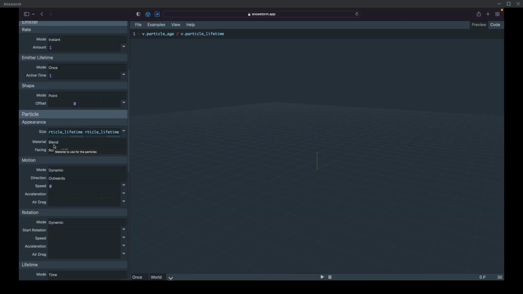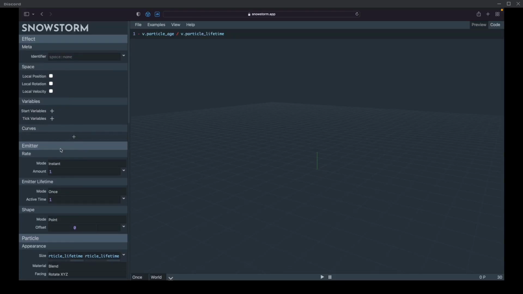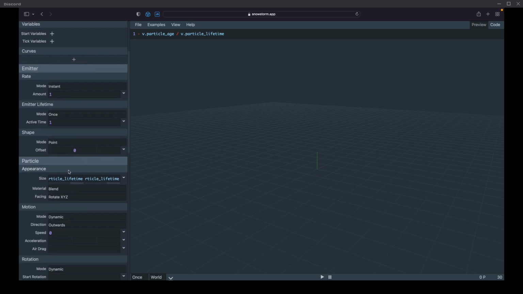You can use opacity and scale the alpha value over time. Here, I'm just changing the size. So I am having it blip in, but I'm not just having it blip out into nothingness. I'm having it fade away gracefully. And using the particle age for that is a good way to fade it out. Also, I'll keep getting lost in this interface.